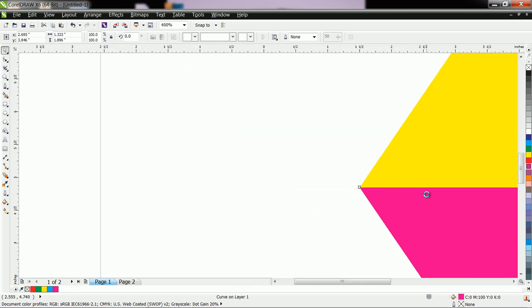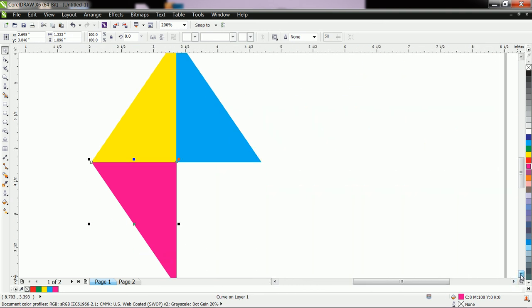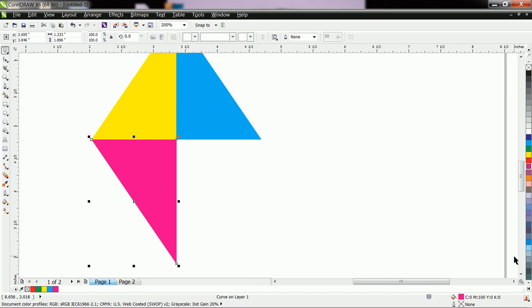Okay, after that now we want to adjust this shape, then again copy paste this and take a horizontal mirror. Now this is a horizontal mirror, and then you can also adjust it with the help of arrow key, or you can directly drag with the help of mouse.